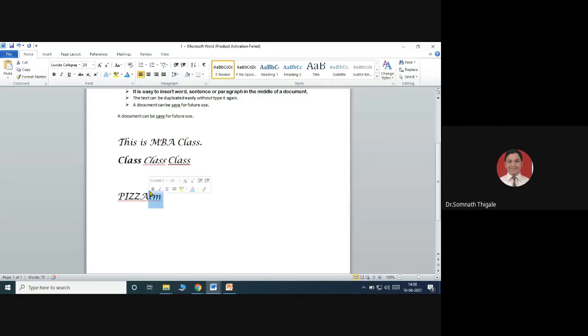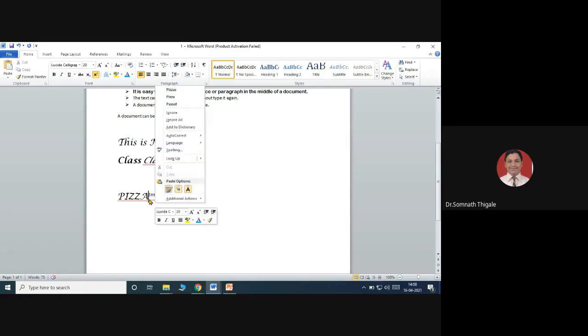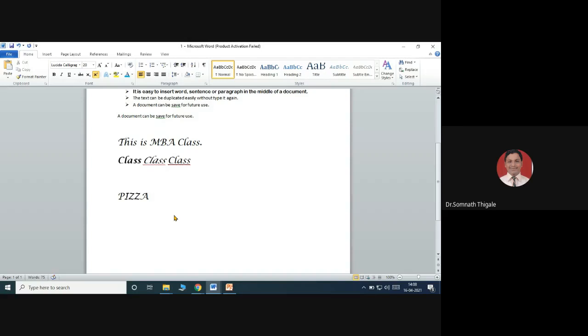So I'll select this and apply superscript. See, this is the trademark concept, TM, or simply we say it is part of a copyright. So this kind of thing you can do.